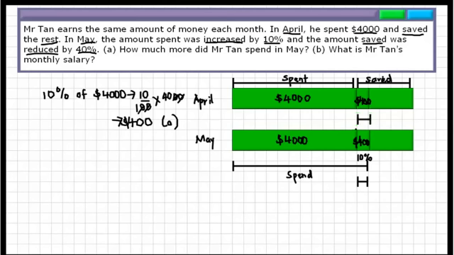So if this is 40%, this means it is 40% of the total amount saved in April. So this is actually 100% of savings. With this information, we can actually write our next statement. That means 40%